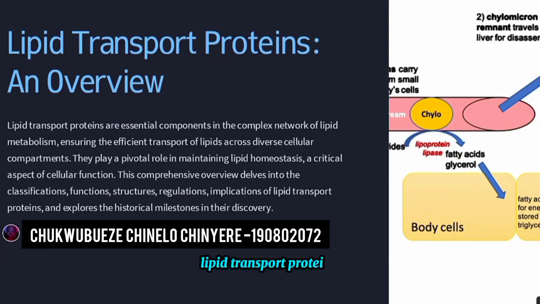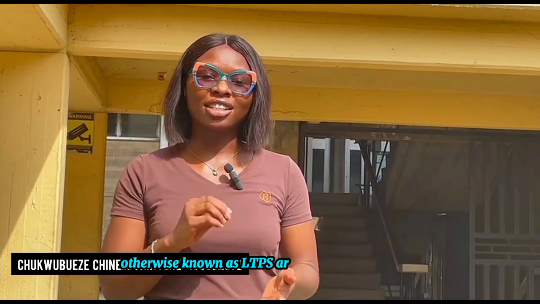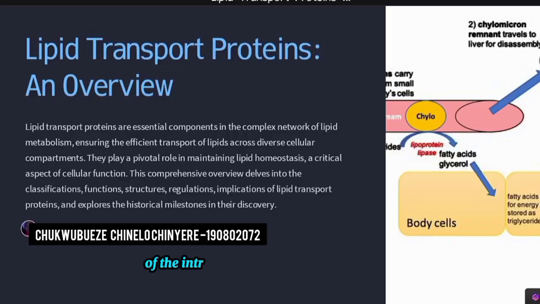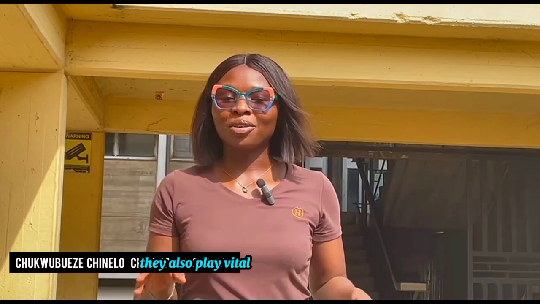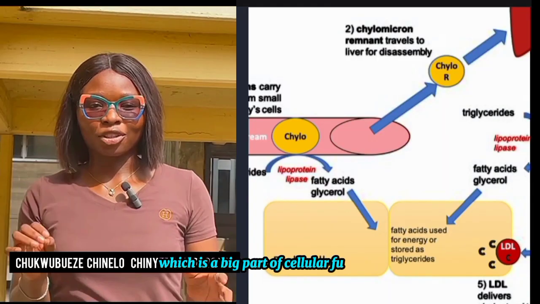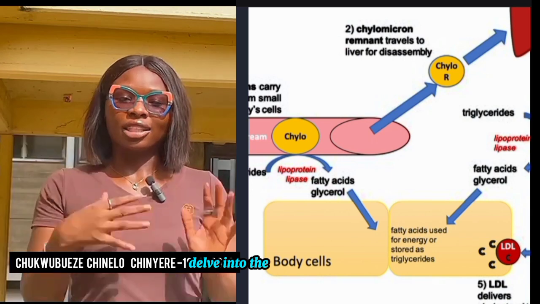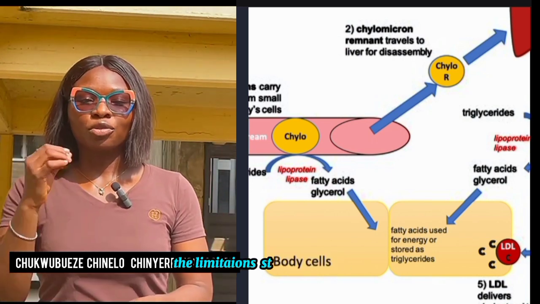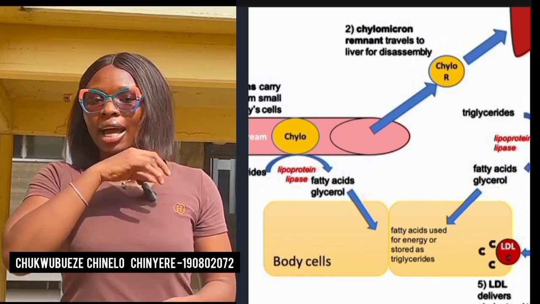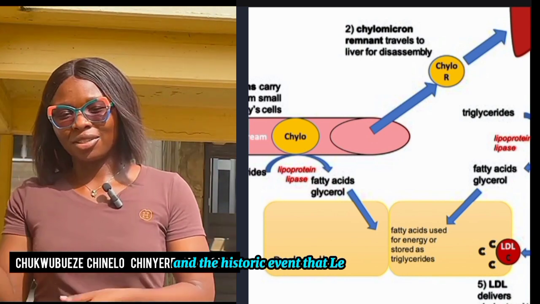Lipid transport proteins, otherwise known as LTPs, are essential components of the intricate process of lipid metabolism. This is because they ensure the seamless transport of lipids across various cellular compartments. They also play a vital role in lipid homeostasis, which is a big part of cellular function. This comprehensive overview would delve into the classification, limitation, structure, function, and the historic event that led to the discovery